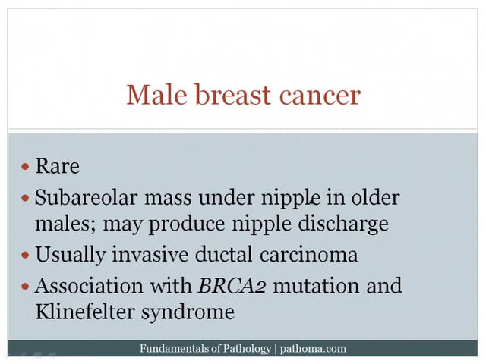Now, most often, patients who have male breast cancer will develop a ductal carcinoma, and the idea here goes back to embryology, and that is that when you've got a male breast, you do develop terminal ducts, but you don't yet develop those lobules. And so most of the breast tissue in males is actually ducts with very few lobules, and so they usually develop invasive ductal carcinoma. And the last point is that there's an association with BRCA2 mutation, as I just stated a moment ago, and there's also an increased risk in patients with Klinefelter syndrome. So this concludes our discussion of breast cancer, and now we can move on to the next chapter.